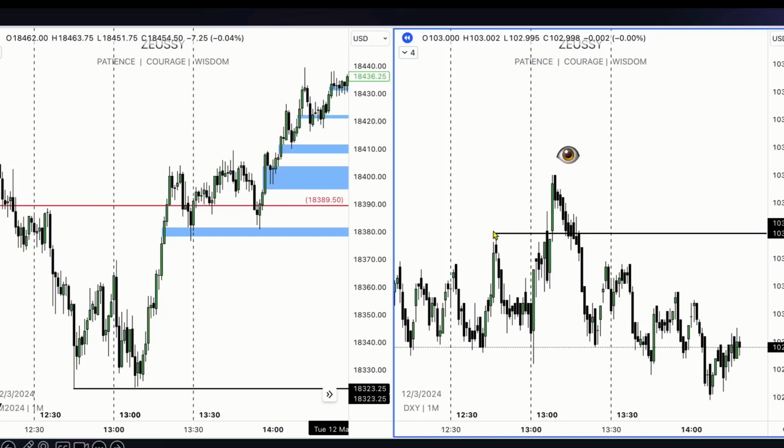What we can see is that Dixie created a higher high relative to that cycle during the next 30-minute window, whilst Nasdaq created a higher low. This is SMT, and this signals to us that a smart money reversal is likely to take place now. When we then see this displacement higher, it confirms it to us.